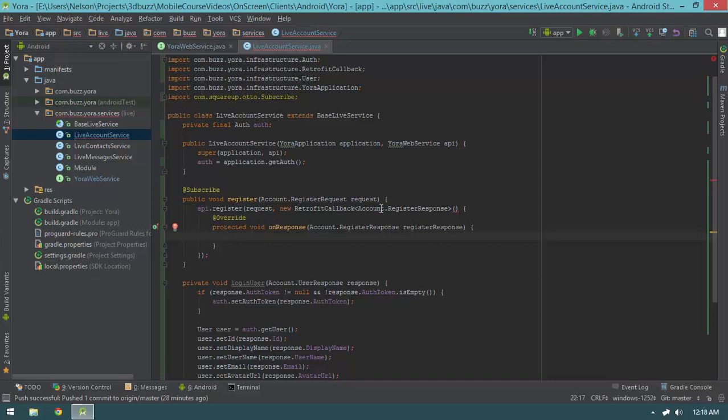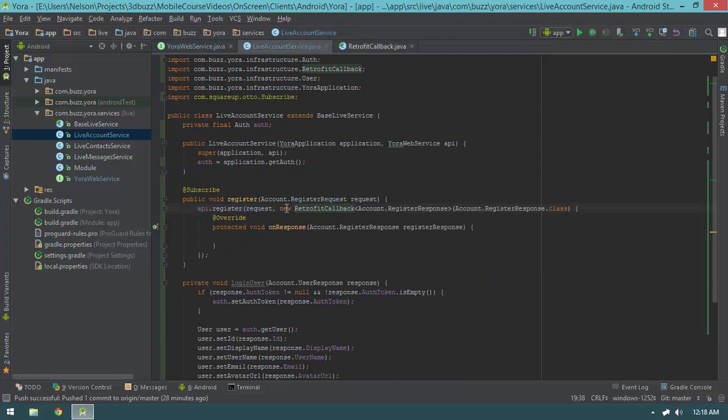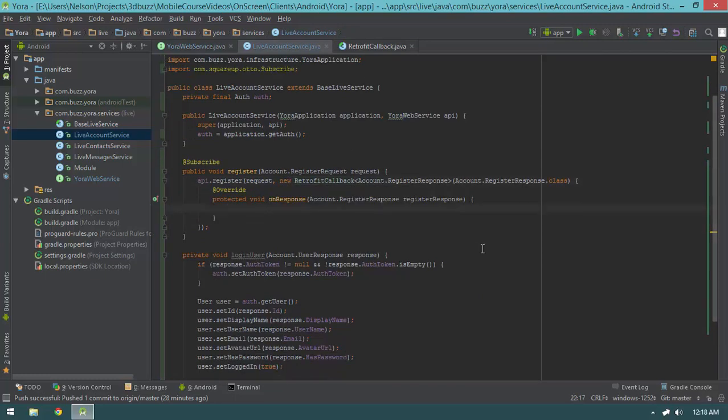And for the retrofit callback, I'm going to pass in account.registerRequest.class as its constructor. Unfortunately, you're going to have to pass in the class of the response multiple times here, mainly into the constructor of the retrofit callback. Now remember, our retrofit callback is a wrapper around retrofit's callback, so that's why we can use it to satisfy the asynchronous API. So then I'm going to say if register response did succeed,